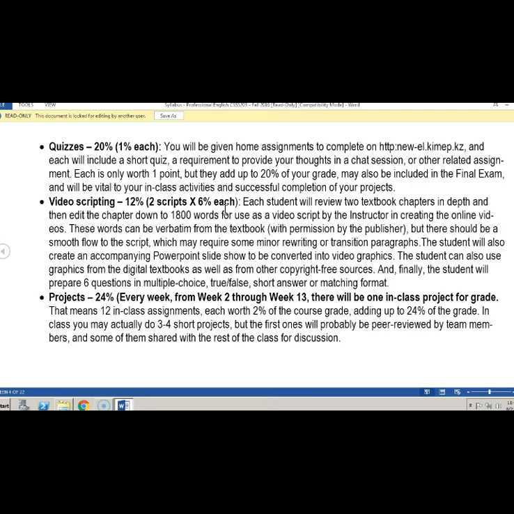So you become an expert on 2 chapters of 2 textbooks, and those are the only 2 chapters you have to actually read. But I want you to do a good job, partly because you'll be graded for it, but also because you're telling the rest of the class what's important in this chapter, and so they don't have to read it. So we want to make sure it's good. And that way we cover 2 complete textbooks as we go through this course.